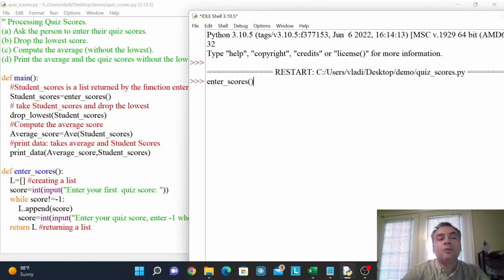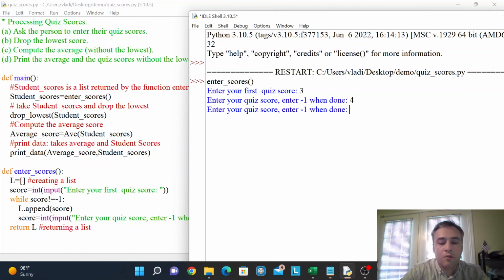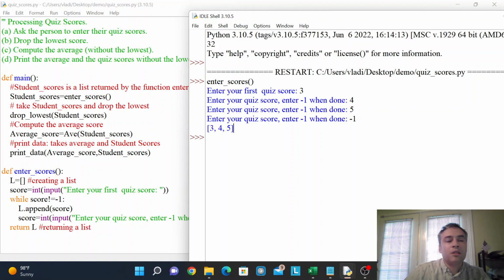So I am debugging now. I cannot debug the main just yet because it depends on the functions I did not write, but I can debug enter scores. Enter your first quiz score 3, 4, 5, and then -1 to finish. So 3, 4, 5 are my scores. They are returned by the function. That's why you can see them here. That's why you printed them. If you comment out this return L, you won't be able to see the result, and you will not be able to use it later. Now on to the next